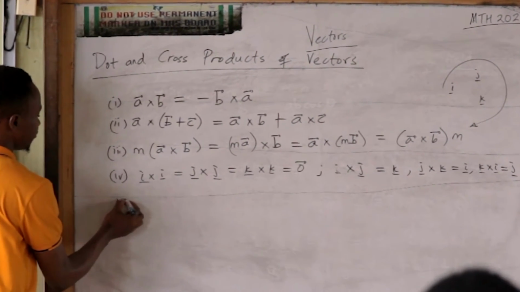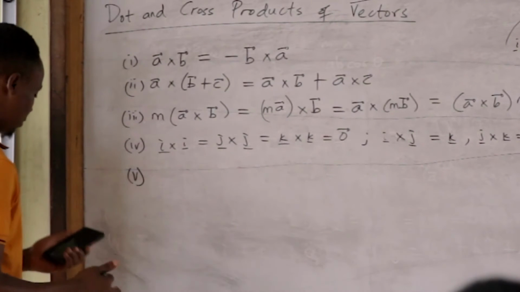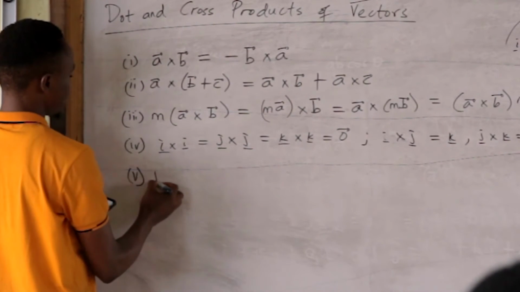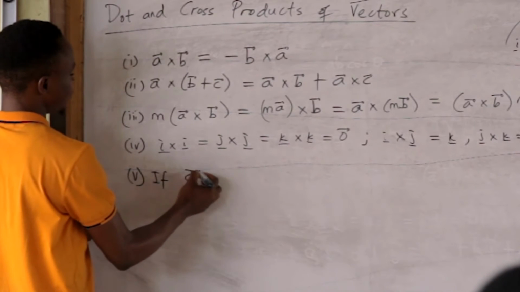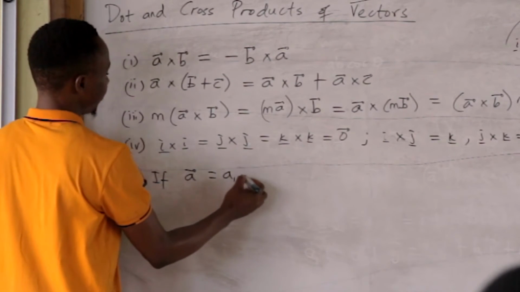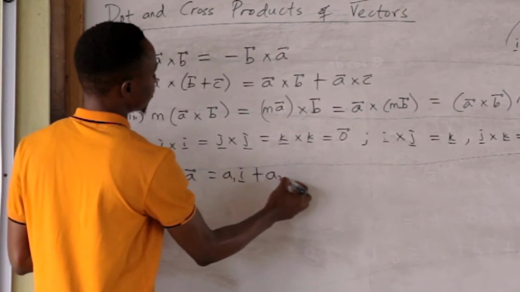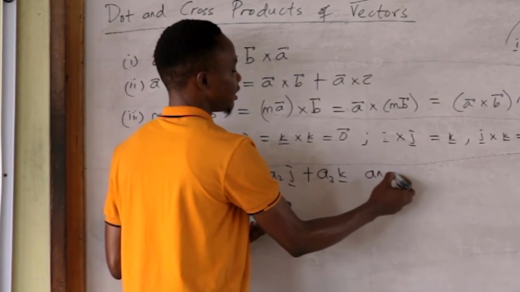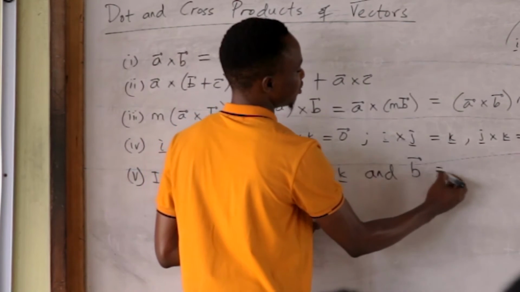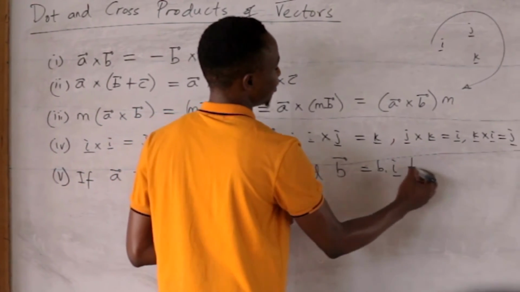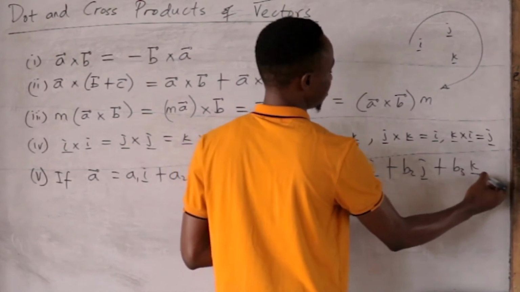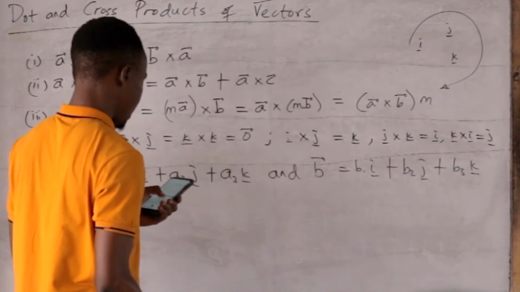So this is going to give you the next one. That's about number 4. Number 5. Now you have them in component form that we considered earlier. If A is equal to A1 i plus A2 j plus A3 k, and B is equal to B1 i plus B2 j plus B3 k, then